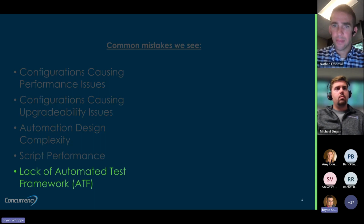We see lack of automated test frameworks. ATF, if anybody doesn't know, is a testing framework that ServiceNow has developed that allows you to benchmark tests against your customizations, configurations, processes that can enhance the way that you do upgrades, but can also help you validate your development efforts. By creating ATF tests for your customizations, although it's a little bit of work up front, can save you exponential amounts of time on the back end when you're trying to do testing for things like enhancements and